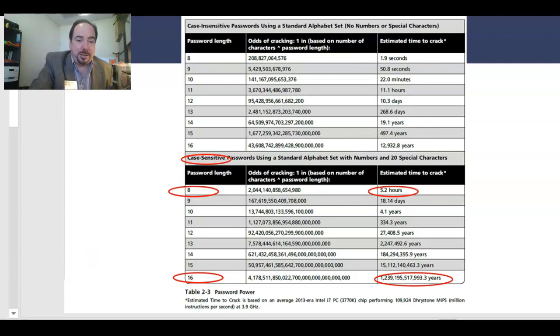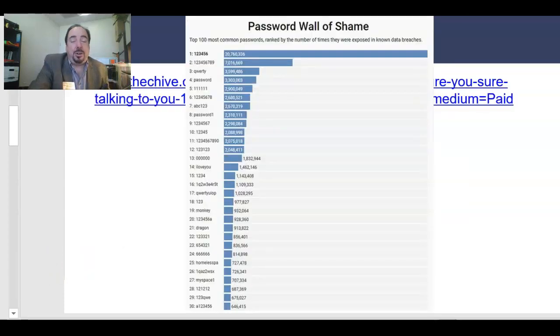Length is strength. Okay. Now, if you're trying to crack a password, it does make sense to try some of the more obvious ones. And there are a lot of websites that publicize in some kind of wall of shame the top generic passwords that a lot of people and a lot of system administrators still to this day use because they're easy to type in. So 1, 2, 3, 4, 5, 6. If you have to guess at a password, go ahead and try some of these. QWERTY, password. God is usually on the list somewhere. A string of zeros, a string of ones. Football. There are a lot of popular ones.